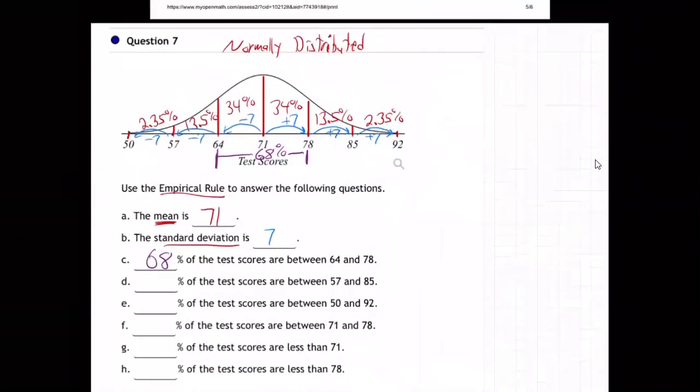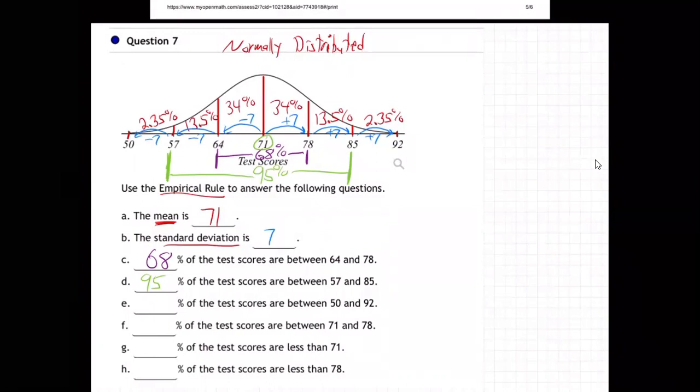So I'll just put that on our graph to make it more clear. So from here to here, that's 95% of all the numbers. So 95% is 2 jumps left of the middle to 2 jumps right of the middle, right? Here's the middle at 71. So 2 lines left, 2 lines right. That's 90. You're going to get 95% of all the people are going to get a test score between 57